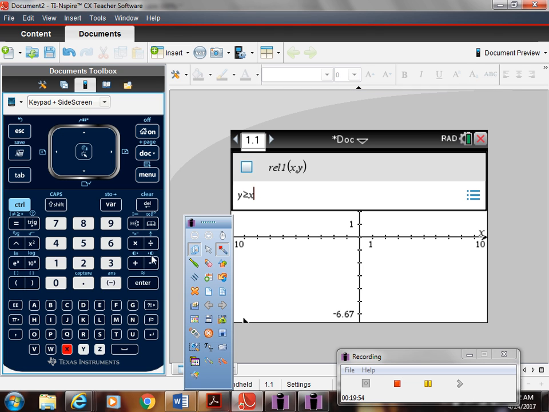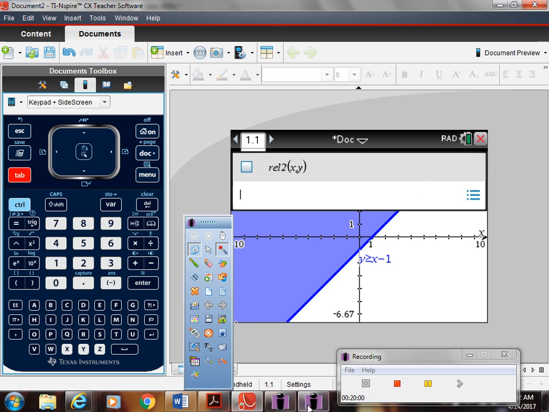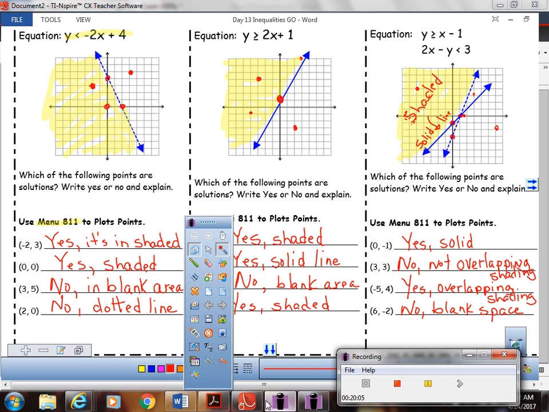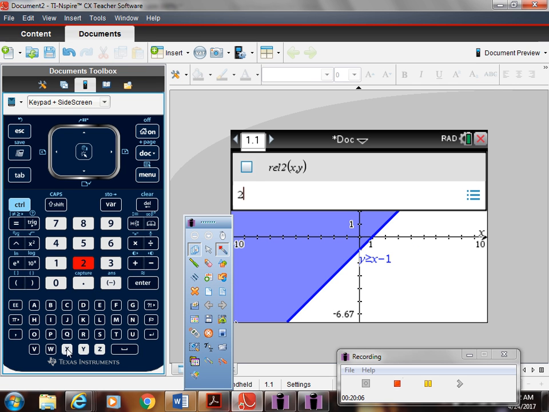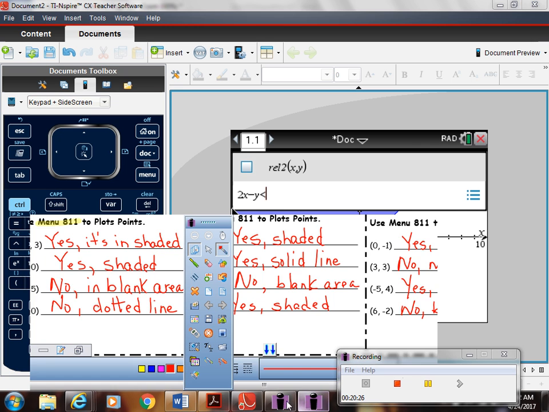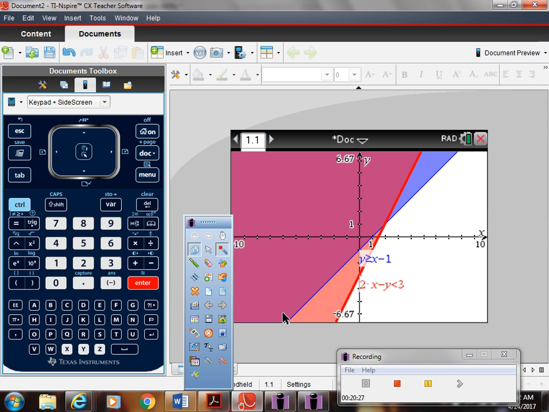So watch, it's going to make this one blue, and then when you hit tab and type in the other one, it makes it red, and then blue and red make purple. So I think that's going to be the best, because then you know, oh, okay, I need to just go with the purple part. It's easier to remember it. So like right here was what? Greater? The other one? Less? And then what was it, 3? Yeah. So watch this. That's going to be red, and then you would go with the purple part.